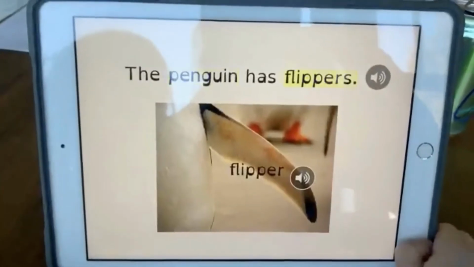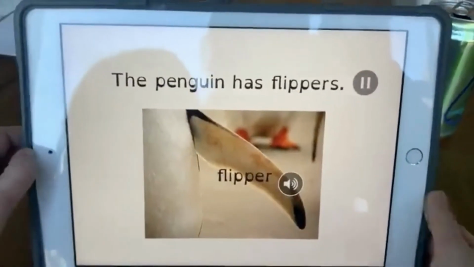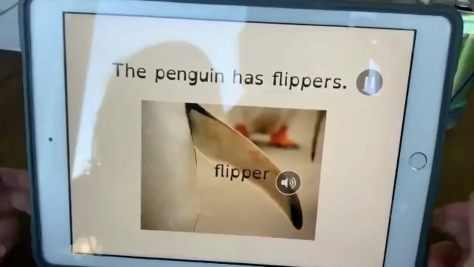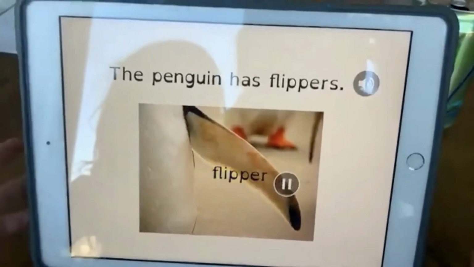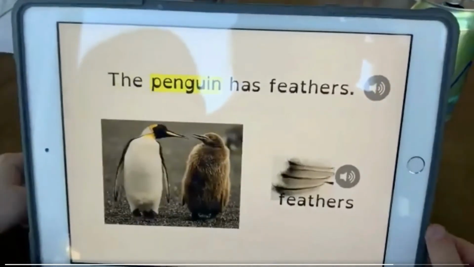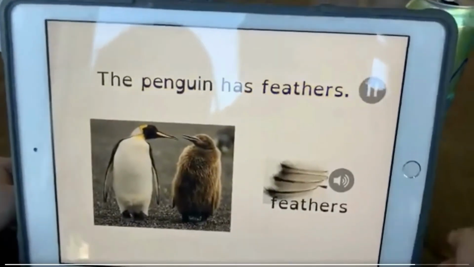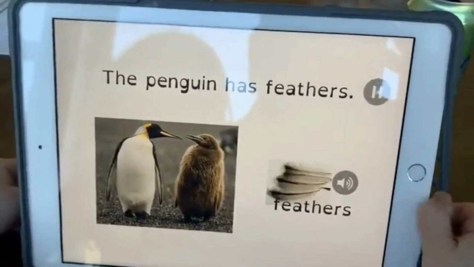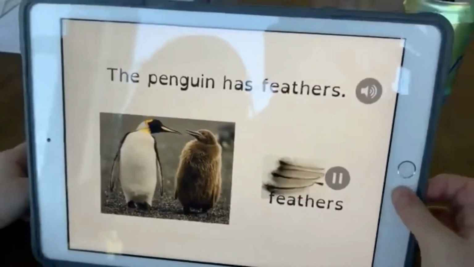The penguin has flippers. Flipper. How cool is that? So the students can have it read to them with the teacher voice and read to them with the highlights on their own. Isn't this such a great way to make content comprehensible and scaffold reading skills?